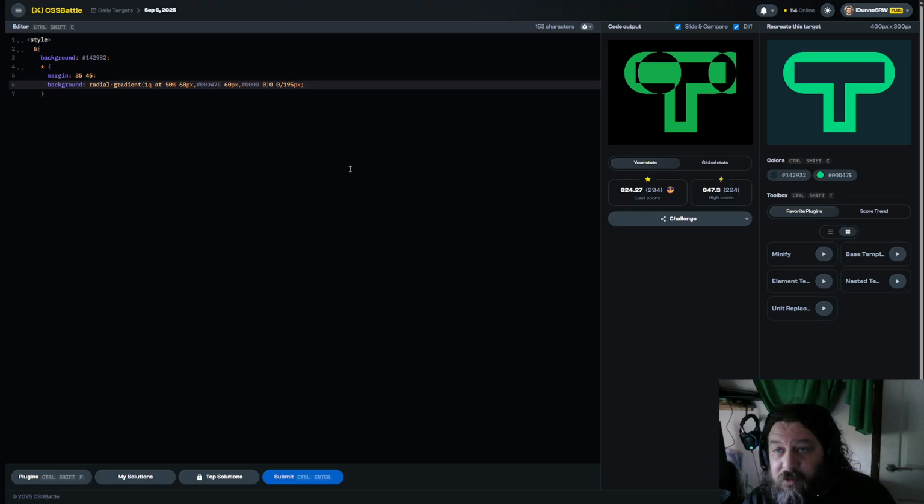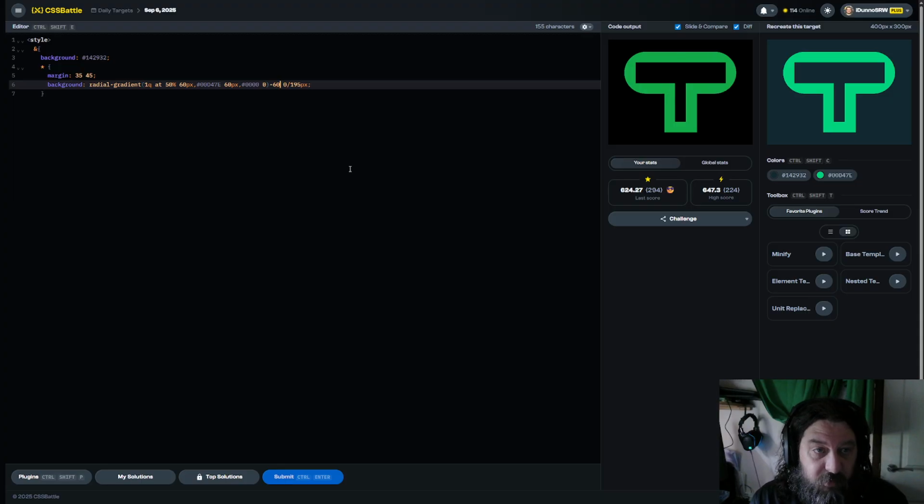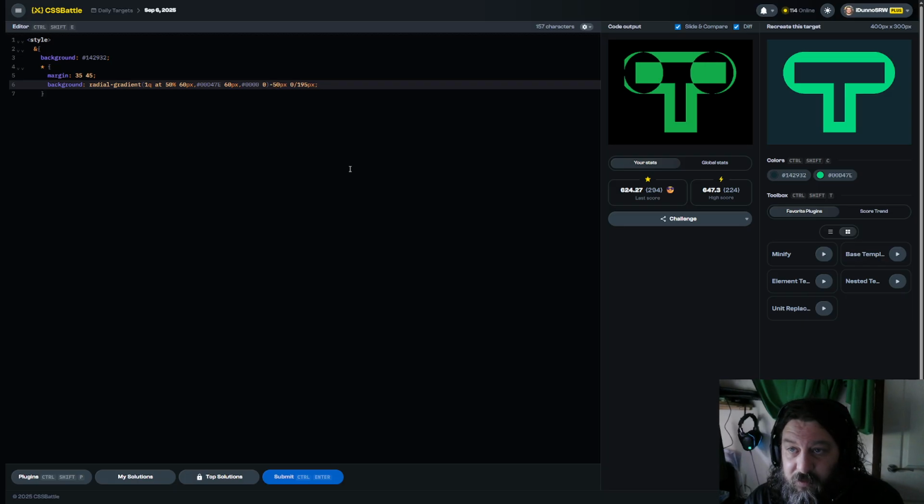That looks fairly close to being where I want it to be, so minus 60 pixels is too much. How about 50? 40. 35, 6, 7,